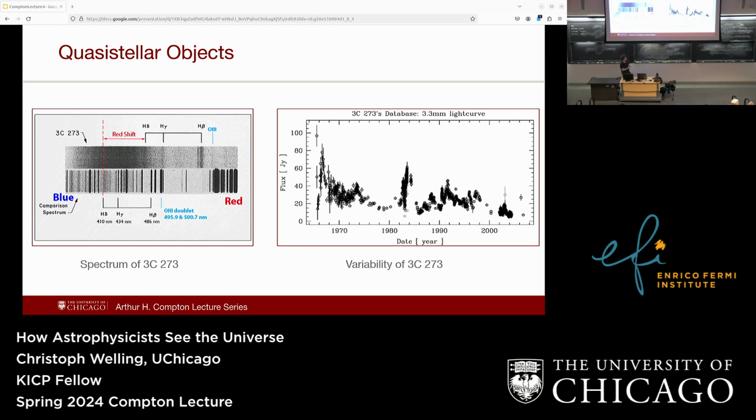So because of this, you can conclude that this source cannot be the whole galaxy. It has to be a fairly small part of this galaxy. It has to be something like the size of a light year or so. So that was really weird. So you have some really small object that for some reason can emit an extremely bright radio signal. And it took a while to figure out what this was.